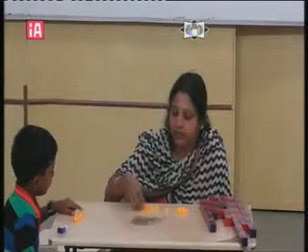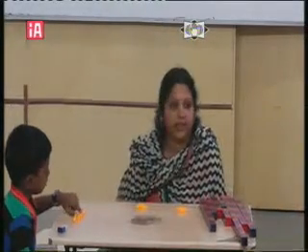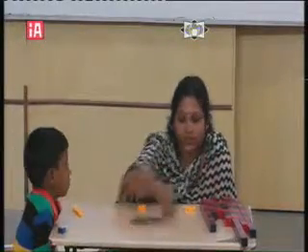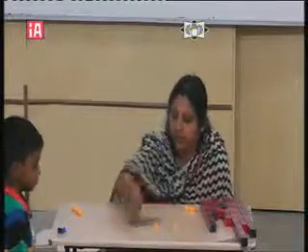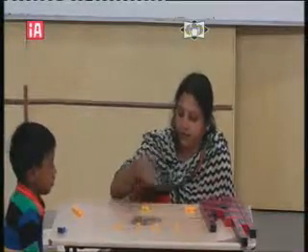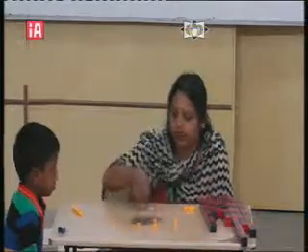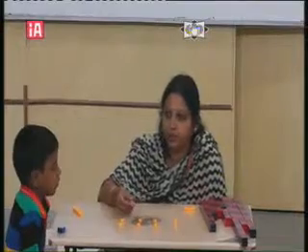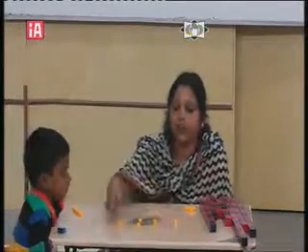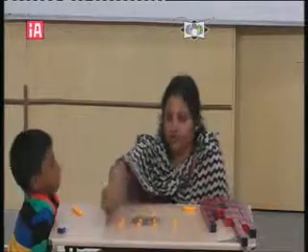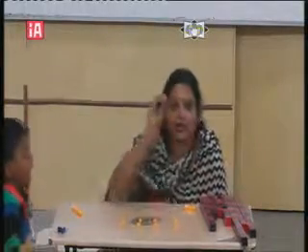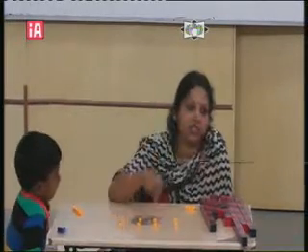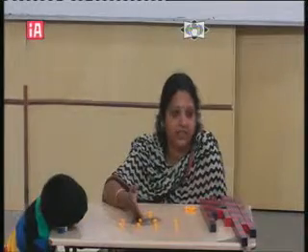Maybe now I have 9. Now I want to divide this among 4 children. Okay, 1, 1, 1, 1. Again, I have many. Again, I'll divide. 1, 1, 1, 1. Only 1 is left. I can't give to anyone. So, when I distribute 9 to 4 children, each one will get 2, and the remaining 1 is the remainder. This also you can teach after some days, not immediately.